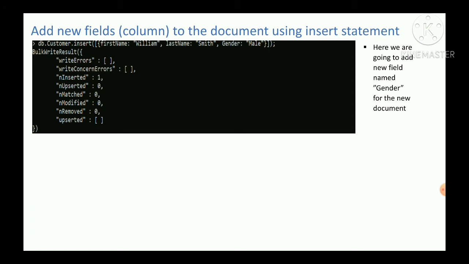Okay, next, moving on to add new fields. If I want to add a new field, a new field name called gender. In a database we need to provide commands like alter table, but in MongoDB we don't need to provide those commands. You can simply include the new column name in the key value format. For example, I'm going to insert a new record with first name William and last name Smith, and I'm planning to introduce a new field called gender. I just give the value, and it will be created automatically.